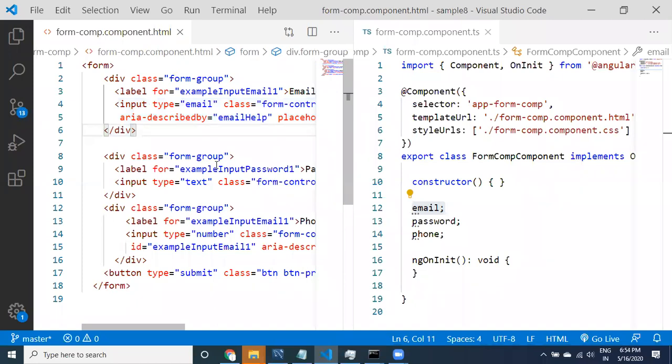So today I'm going to introduce how to transfer the data from HTML to the component class. I already introduced the concept of dollar event. If you remember that, you can use dollar event also. And today I'm going to show you another approach. Instead of using dollar event, I have another variable called a template reference variable.